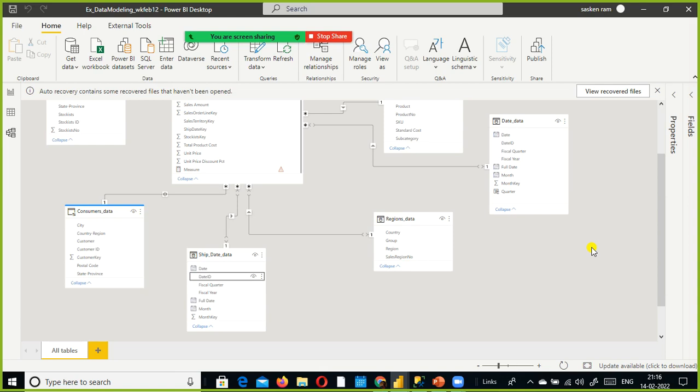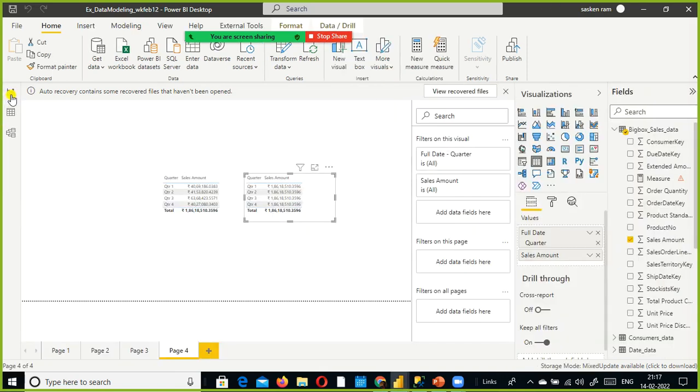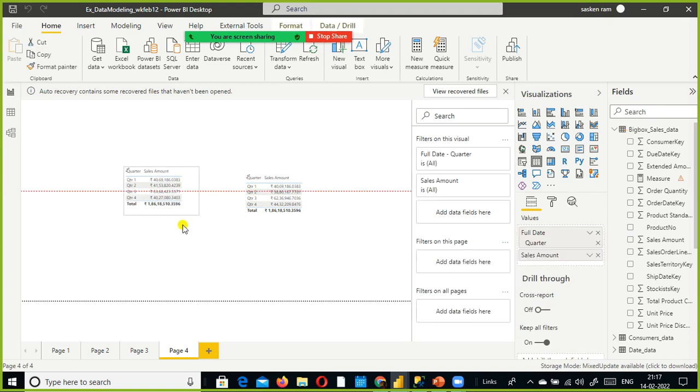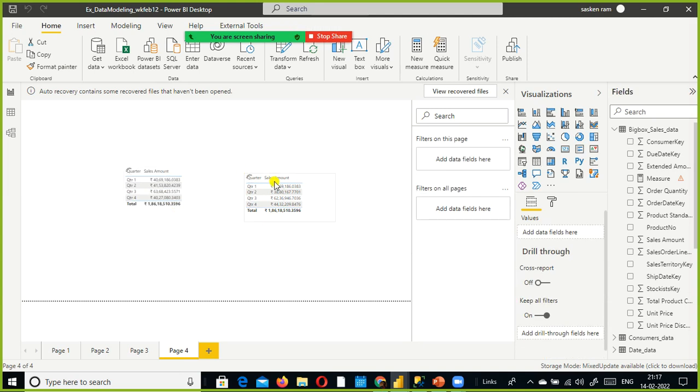But when it comes to the date dimension table, the number of records is less. You can afford to have that, but it is not always good. So that is using the role playing dimension. But if you want to combine these two values, let's say you want to combine the sales summed by order date and sales summed by ship date in a single visual, it is not possible. Just give it a try. There is no straightforward way of doing it. You cannot combine it.